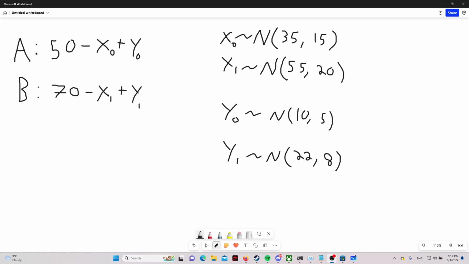So this is an example of a problem involving multiple random variables. Assume we are in a warehouse setting where we have two locations, location A and location B, and we want to prioritize which location to replenish first. So we have an initial inventory quantity. Let's say that there's 50